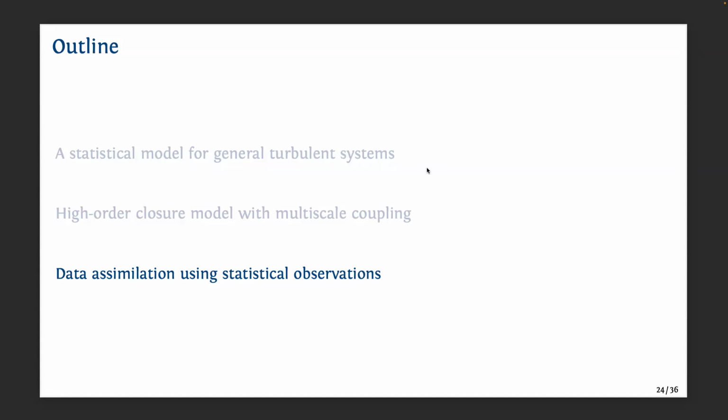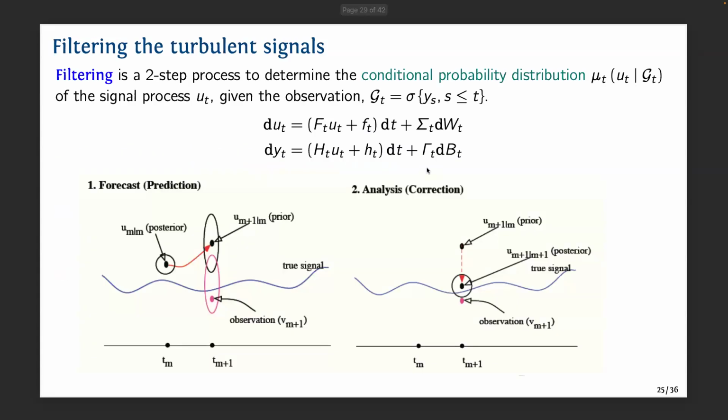But the question is whether we can, in addition, introduce some additional data to improve our forecast, to help this framework computationally and also to improve the accuracy. So here is a very quick overview of the idea in filtering. In my understanding, filtering is exactly the same as data assimilation, but there are some tiny differences. But the idea is, we have this coupled process.